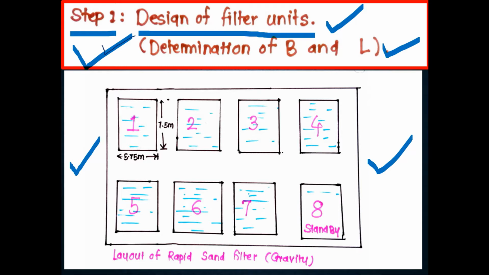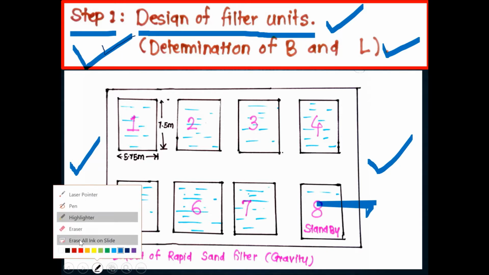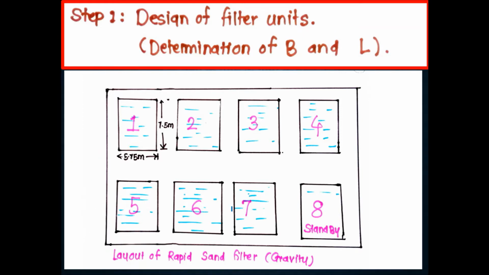Same steps we are going to follow, and step number 1 we have already completed in the previous class. If you have not seen the previous class, please go through the lecture and see what are the steps which we have followed to solve the example, particularly in order to calculate or determine the width and length of the tank. And this is the final diagram after the calculation of all the things with respect to the length and width of the tank. Step number 1 you have solved, just take the reference of the previous example. I am not going to elaborate in detail.